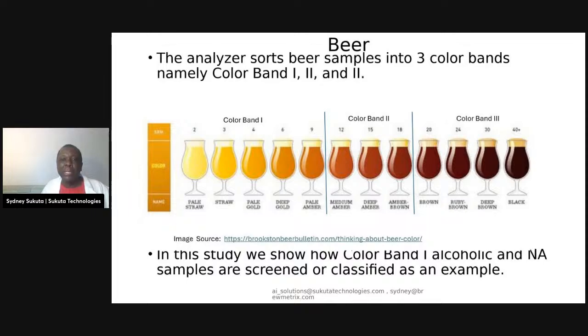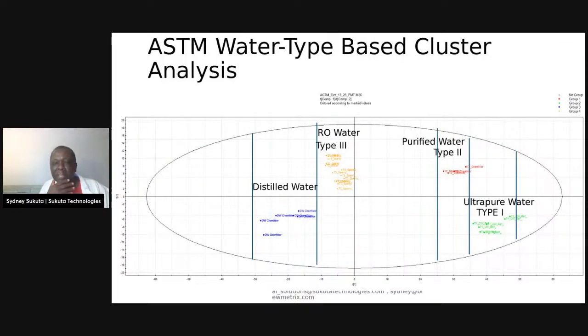Okay, so I'm going to jump onto beer. So these are some of the illustrations from water analysis, where I think the first big thing is: is this the right water for me? Then the next level is what's in it, compositionally. Those are some of the examples we can do using AI.